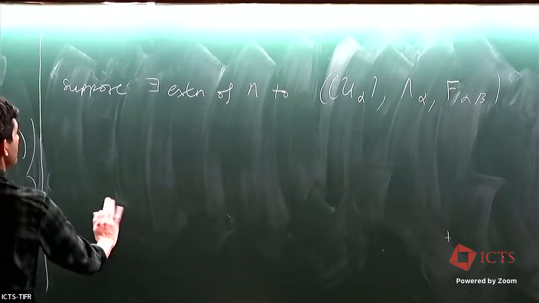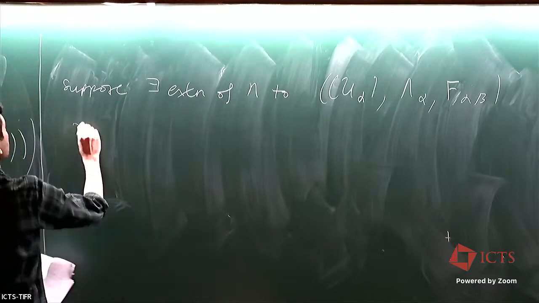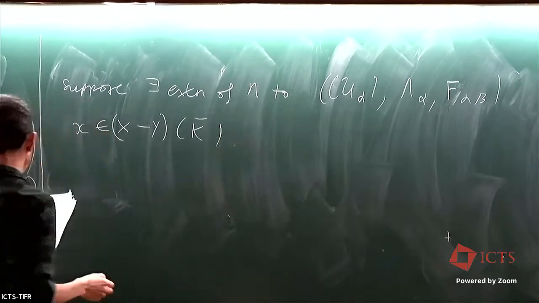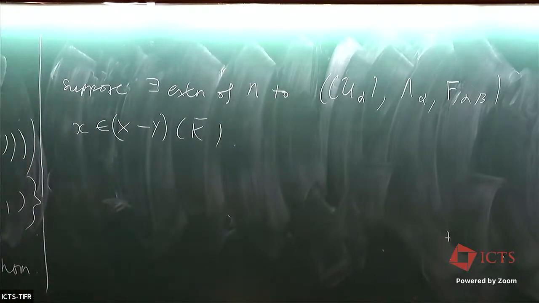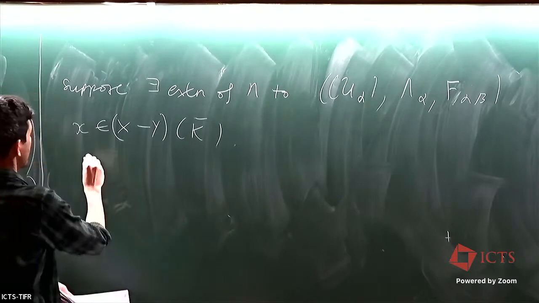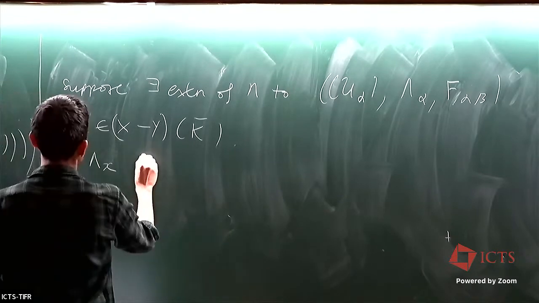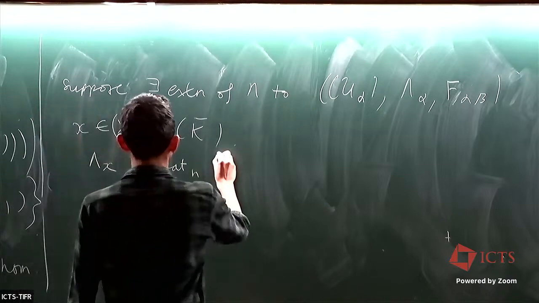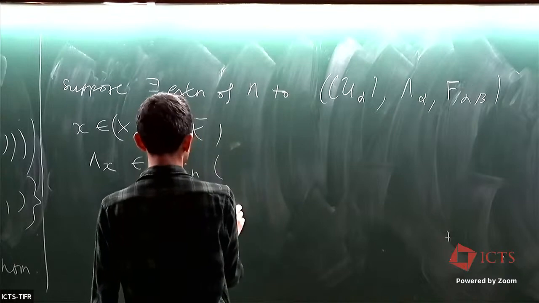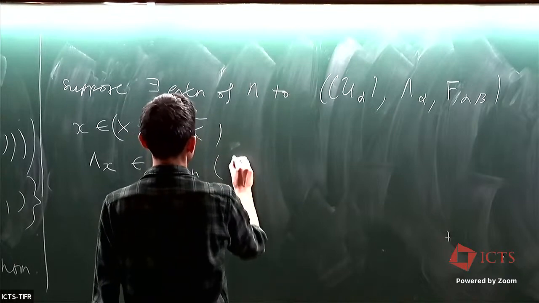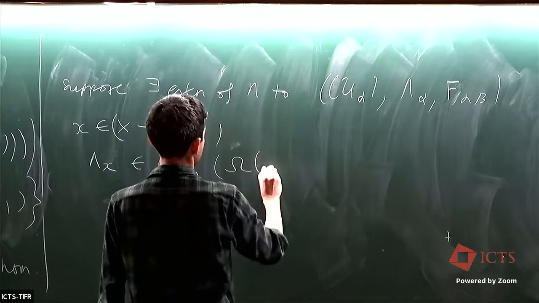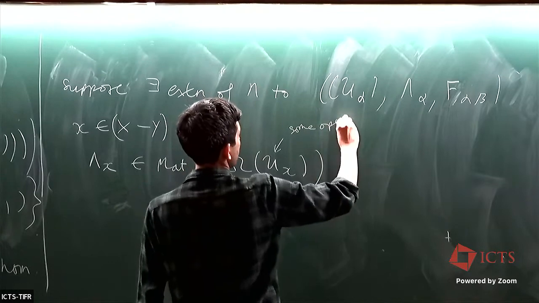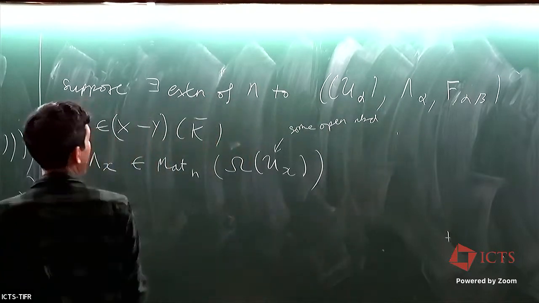So what does that mean in particular? It means that every time we take an x in X minus Y, we have some connection, let's say lambda x, which is an n by n matrix on some open neighborhood of x. And how's it going to be related